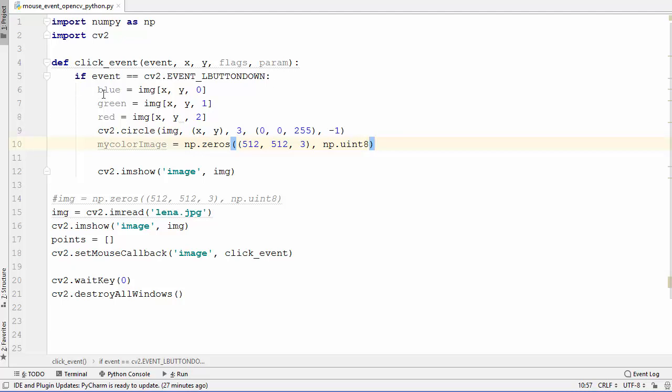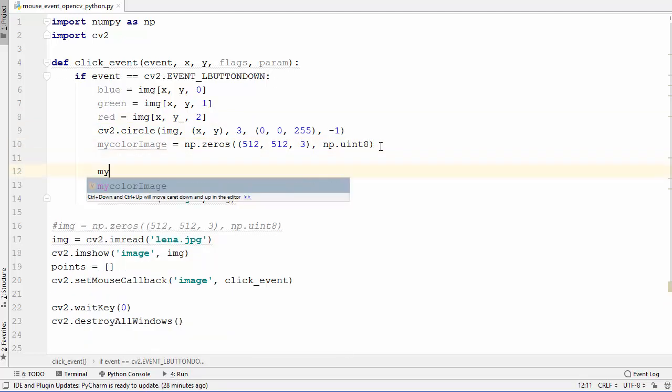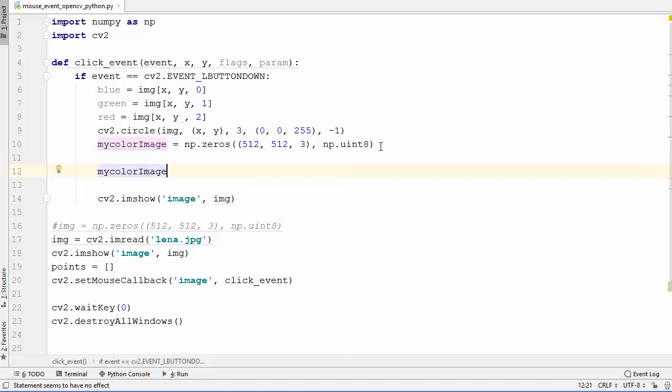So we have a black image using this numpy zeros, and now we want to fill this image with the BGR colors which we got from the particular point of the image. So in the next line, what we are going to do is we are going to just use this variable, and then we are going to just write this kind of notation.